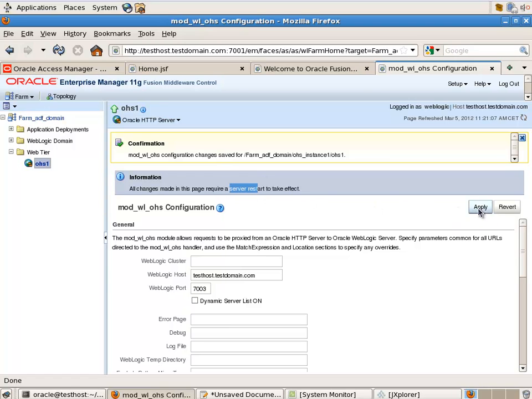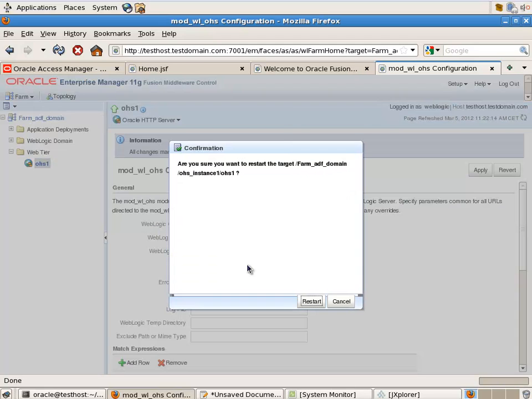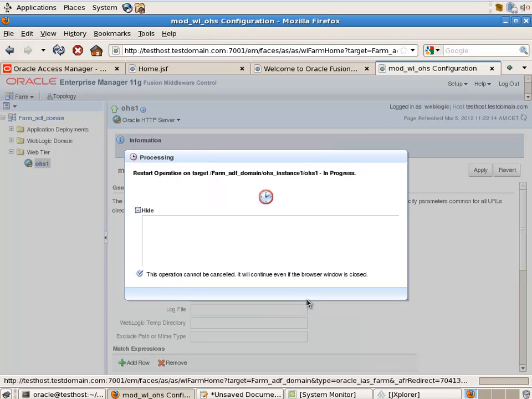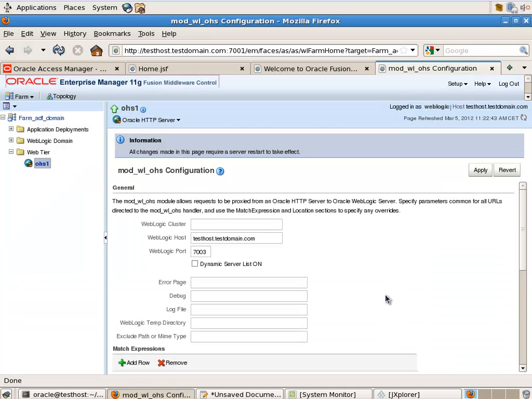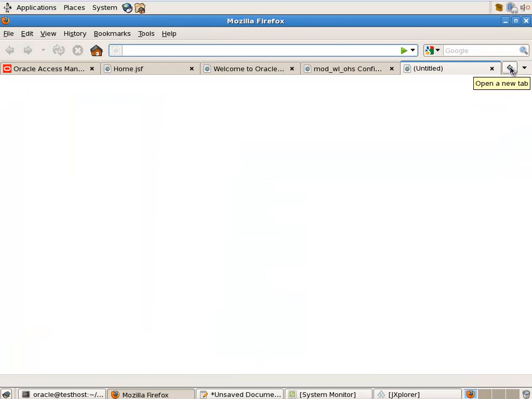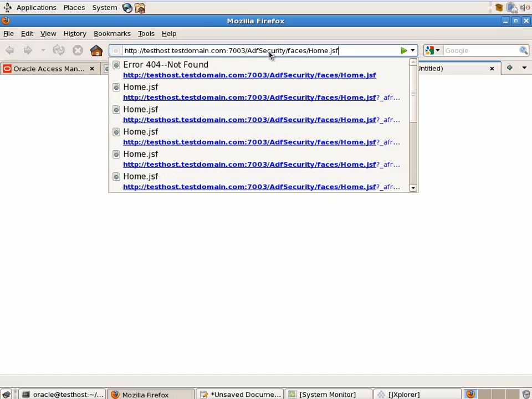I can do that through the Fusion Middleware Control. Just right click, Control, Restart. Press the restart button, wait a bit, and you see that the restart operation completed successfully. Now I can try to access my application through the managed server port. Of course, that's available, and if I copy and paste the URL and change just the port number to the OHS port,